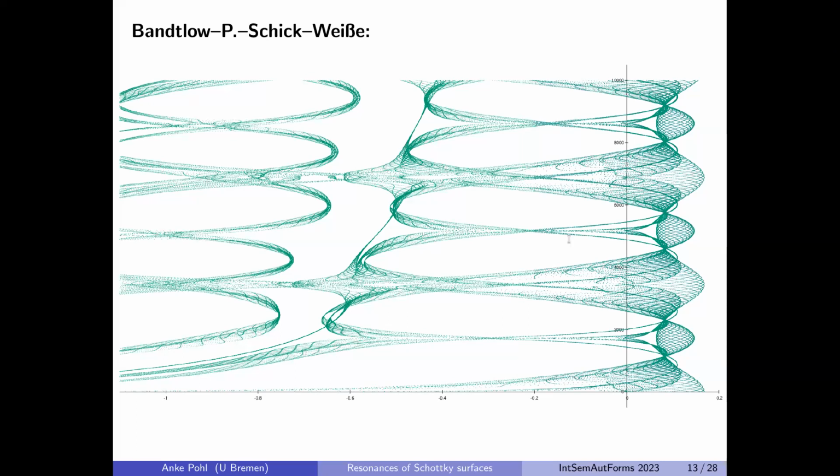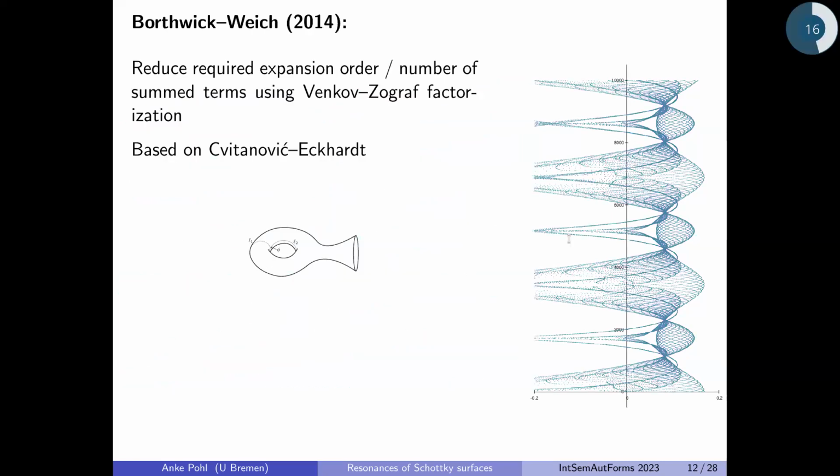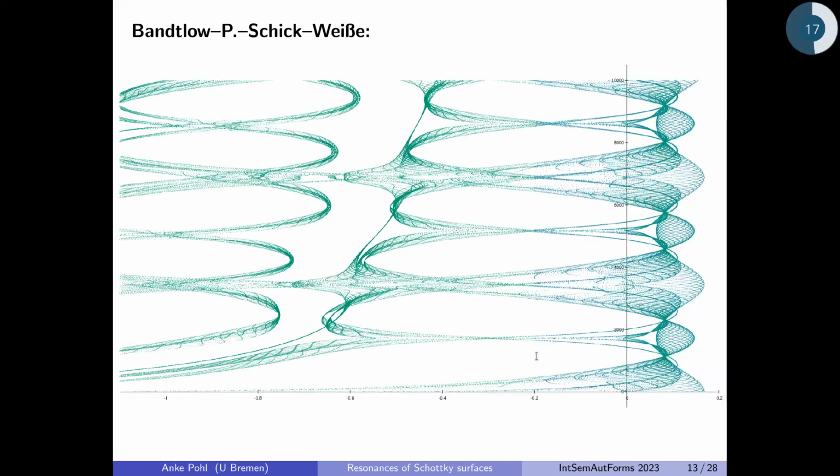So what we did, we said, okay, we want to have a completely different algorithm that doesn't use recursions at all. Because let me go back. What you see actually here is it becomes a bit fuzzy at this part here. This is where these calculations are very nice, but as soon as you go into the negative reals, you need to be very careful that you do not accumulate too much numerical error. So we wanted to have a new algorithm where you do not have to deal with these numerical errors. And this is what came out of that.